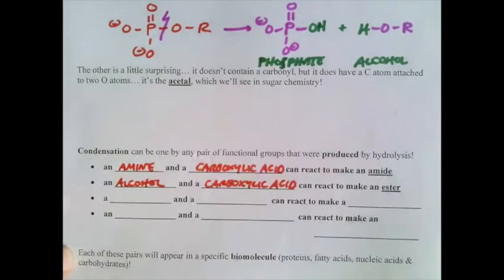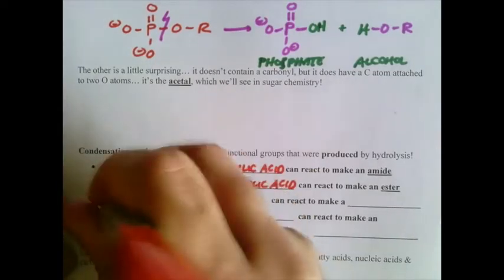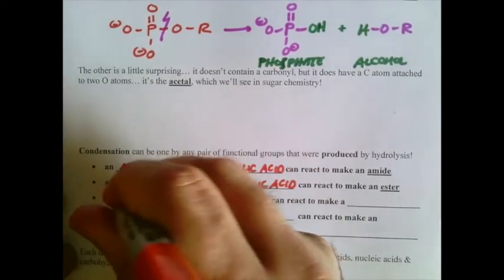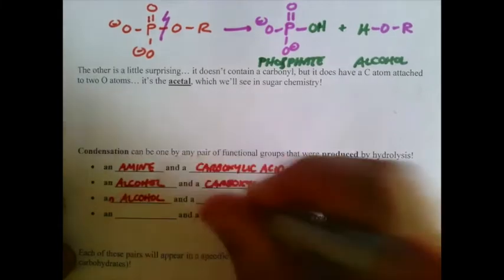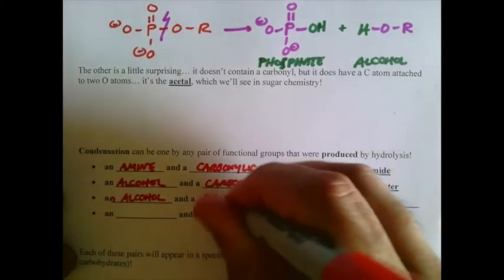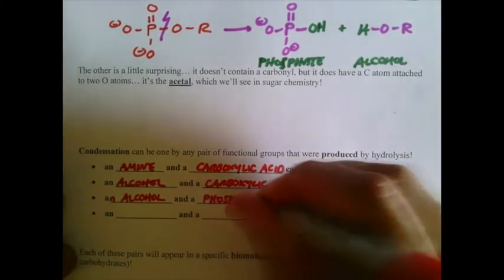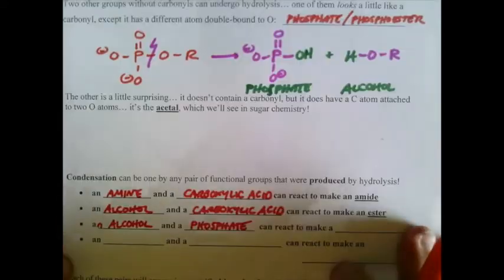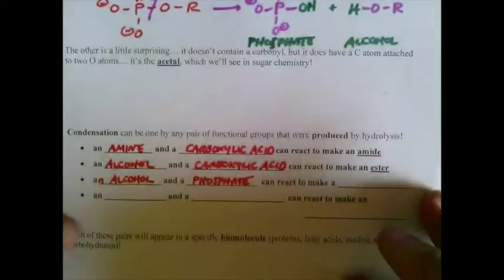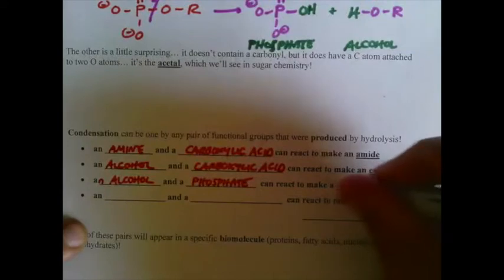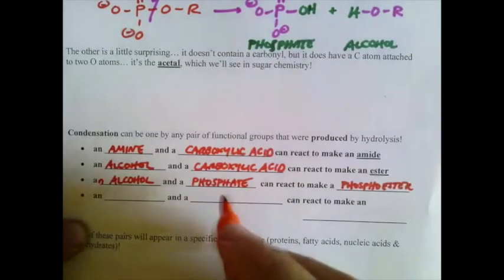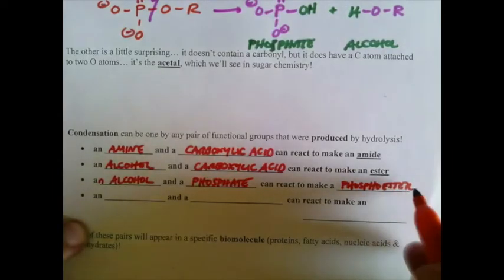And what we just saw here is that if you take, and I really should have had an N here as well, an alcohol and a phosphate, those should be able to do the opposite thing and remake the original functional group, which I termed a phosphoester,